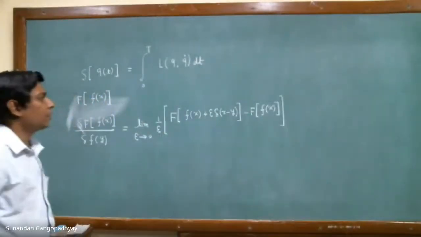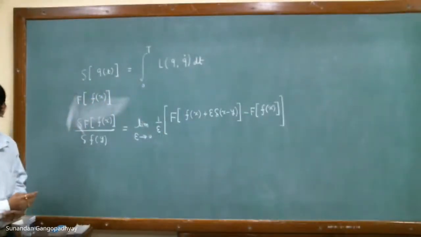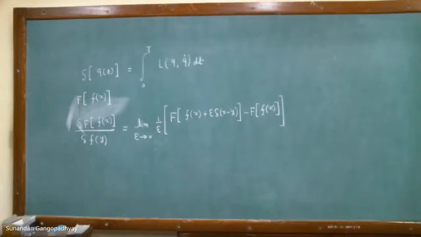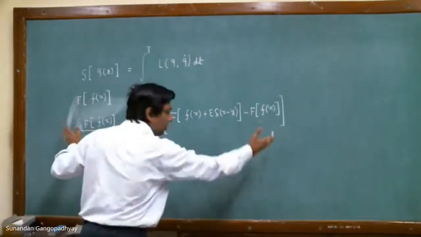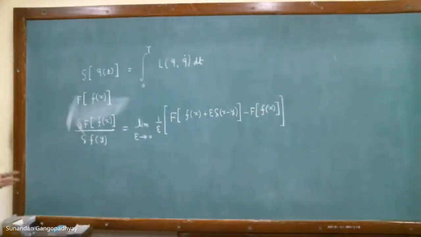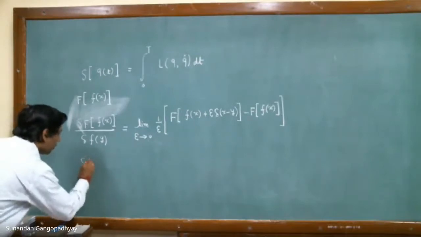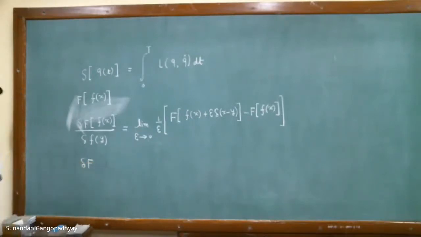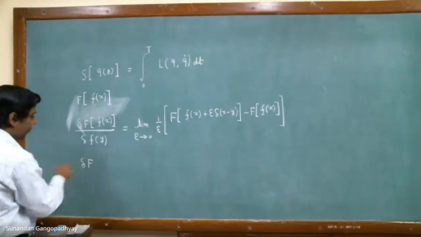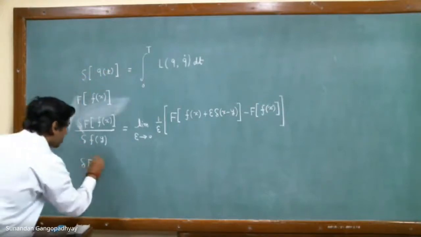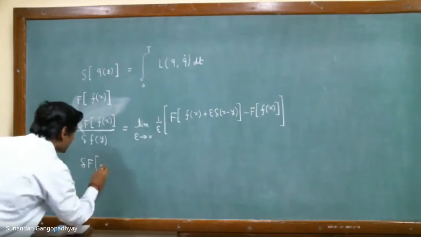So this is the definition of a functional derivative. And you can understand the origin of this. This is, by the way, your definition, but you can actually understand the origin of this definition in the following way. Say you take a variation of this functional, like we take a variation of this action functional.